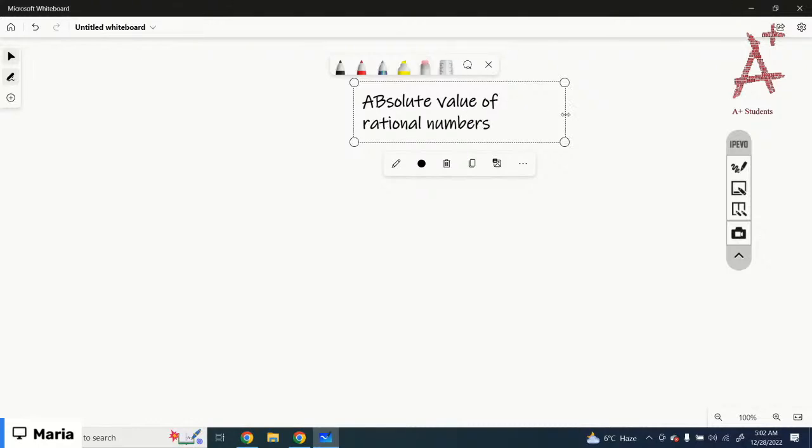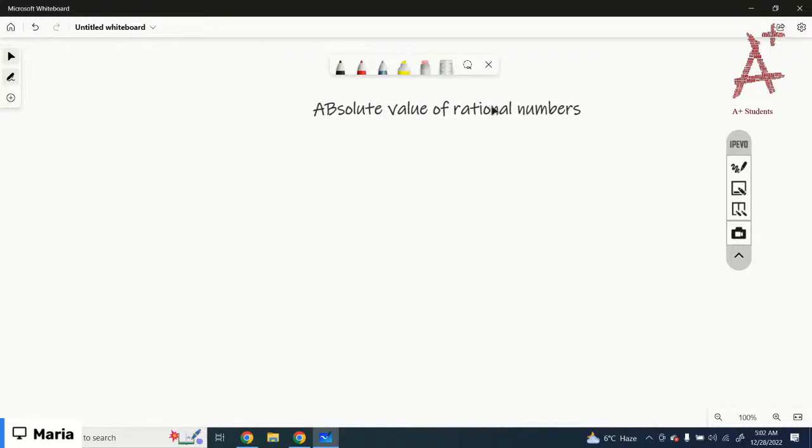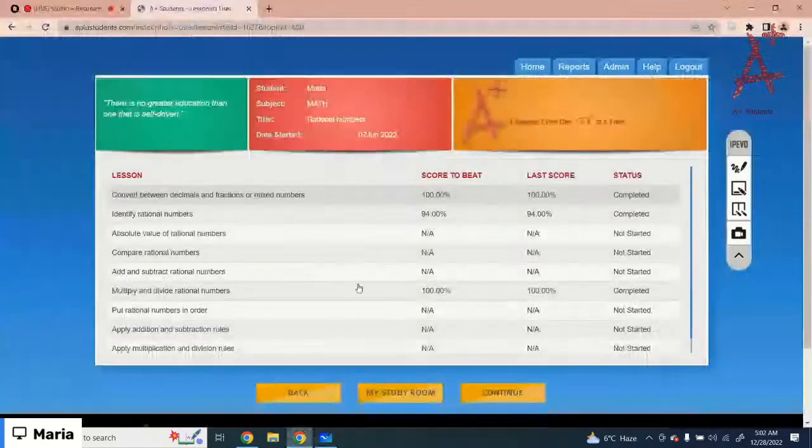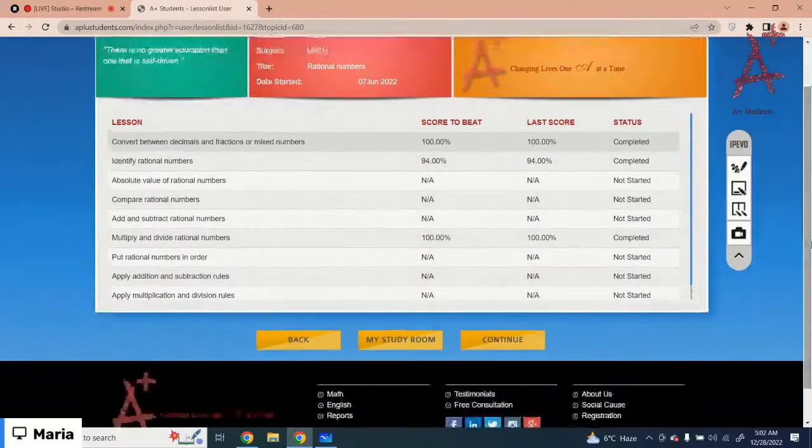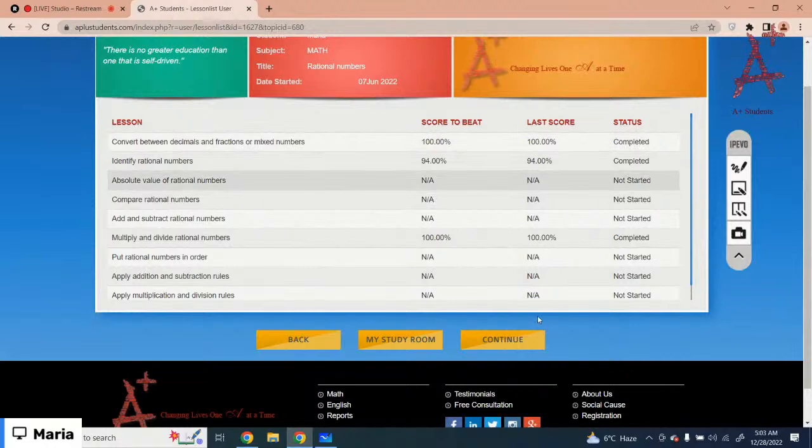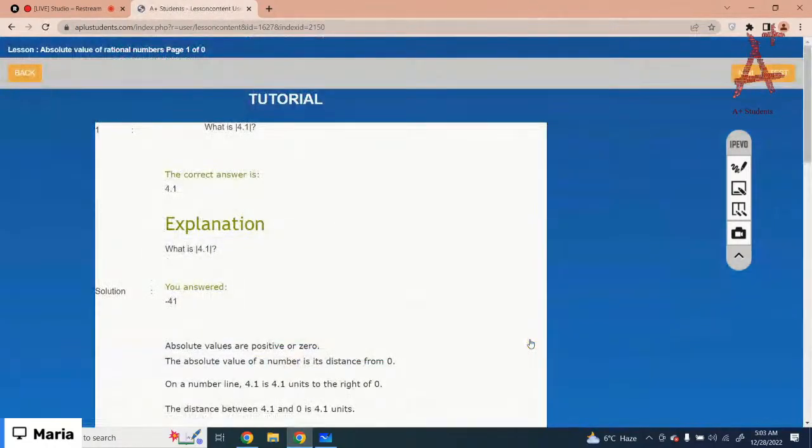Okay, here I'm on grade 7 maths. The chapter name is rational number. So let's just start with the lesson, that is absolute value of rational number. So let's just start. Okay, absolute values are